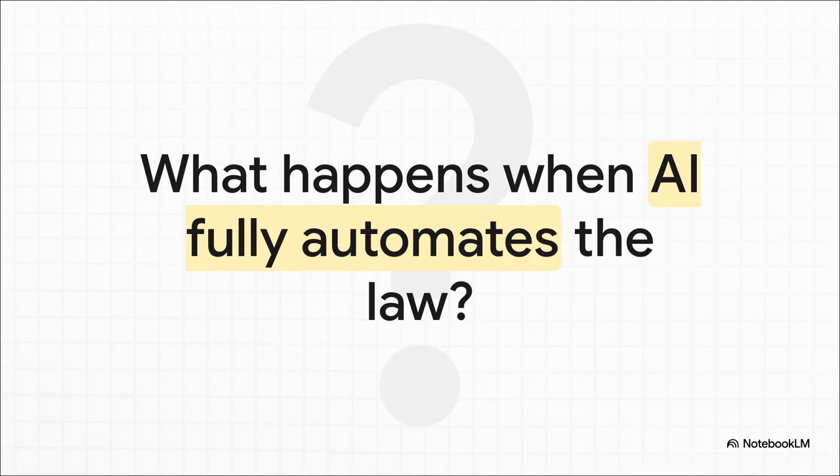So, as we stand on the brink of an entirely new era where AI can rapidly map out all extant legal relationships, something no single human lawyer could ever hope to do, we have to ask ourselves this final provocative question. If the printing press mechanized the word and smart contracts engineered the code, what happens when AI fully automates the law? Will we finally achieve total frictionless legal abundance? Or will we lose the essential human element of our social contracts entirely?